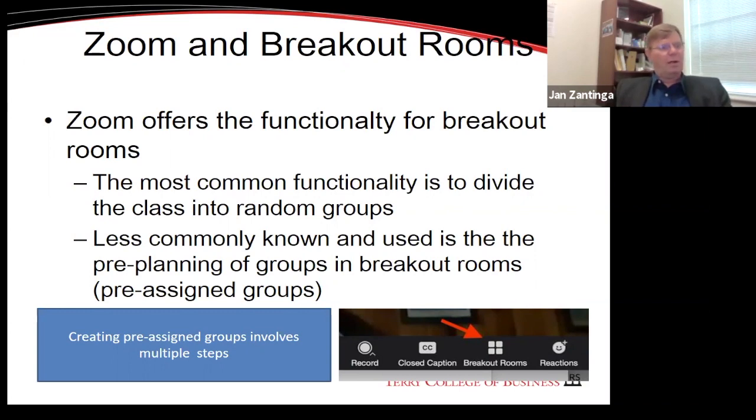Unfortunately, there are a number of teaching objectives, like the one that I just talked about, where this is not appropriate because I want to have 2 people in a specific breakout room that are going to present something, and I want to have 2 other people in that same breakout room that are going to review the PowerPoint presentation. So I cannot do that randomly. Otherwise, I could possibly end up with a breakout room where nobody is presenting, or a breakout room where I only have presenters but no reviewers. So that would not work that way. So that means that I have to do some additional planning. I have to create pre-assigned groups, they're called in Zoom.